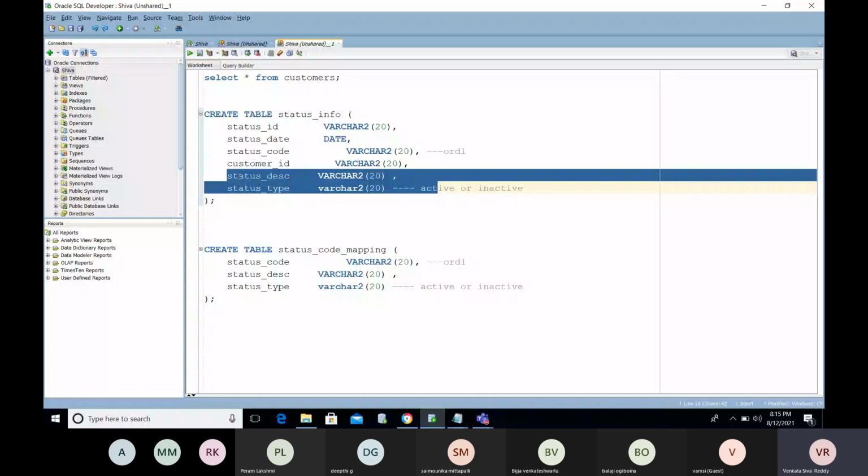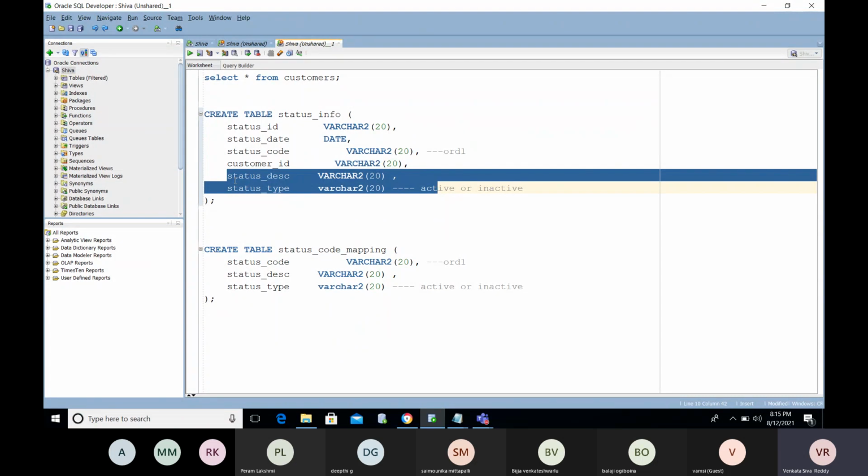We have a lot of techniques here: first normal form, second normal form, like that. We have five normal forms. If you want to define a relational database, you need to follow these normalization techniques. You don't need to know all of this, but at least you need to know that this is called normalization. To avoid duplicate redundancy of data across multiple tables, we use a different table and map that ID to this one.